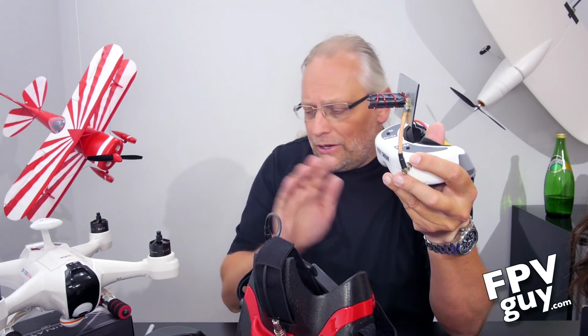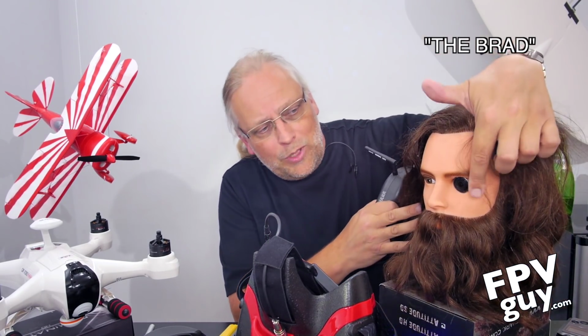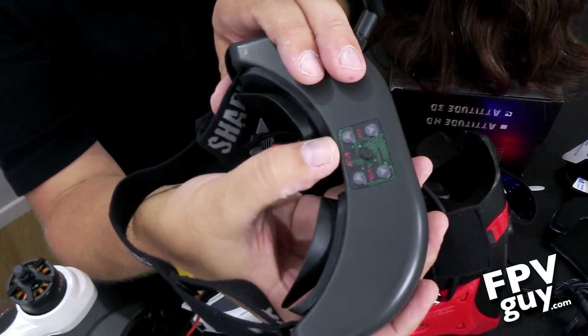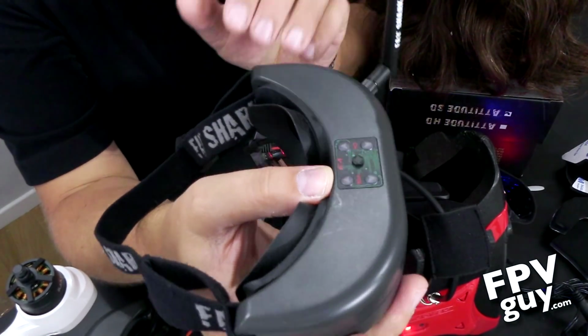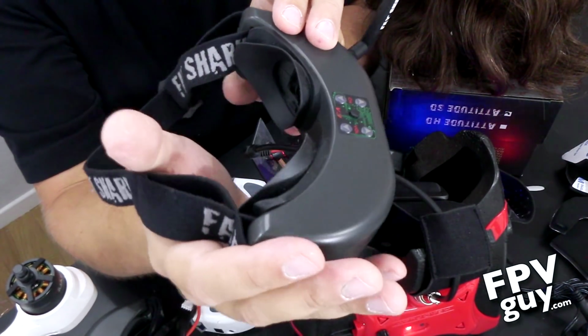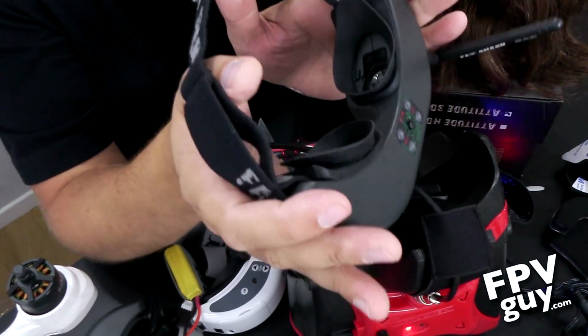What I find really interesting is that there's another goggle being sold in a lot of quantity. Over here, let me get my friend Brad in here. We made Brad, you can see here, the Android tester this morning. The FatShark Teleporters V3, the version 3 as it says right here, are really the FatShark budget goggles, and a lot of people are using these to get into this hobby. Now, these are being sold by Hobby King for about $200, and Horizon Hobby is selling them for about $250 for the same kit. You can buy them other places too, but they're basically the bottom line budget entry-level